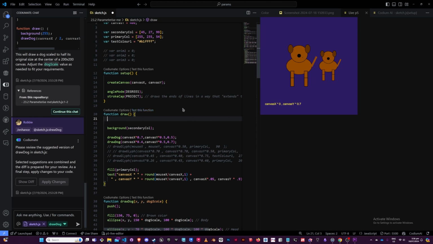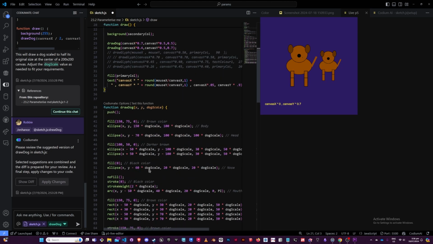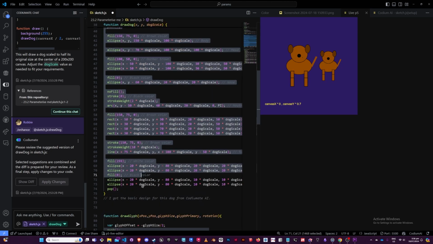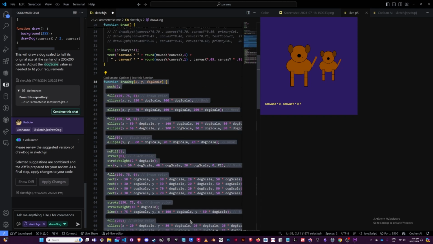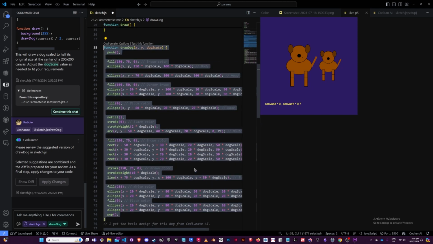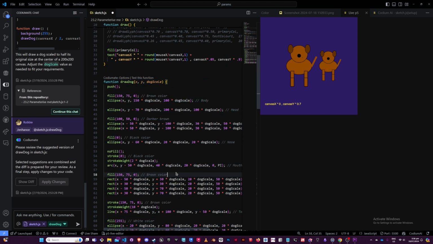But again, you could ask it to add color variables and stuff like that if you just highlight everything. Ask for the suggestion, read through it as thoroughly as you can to know what's going on, and if you feel like there's a gap between what it's telling you and what you know about what you're doing, then maybe it's time to take a step back and recap a couple of the tutorial videos and stuff, so